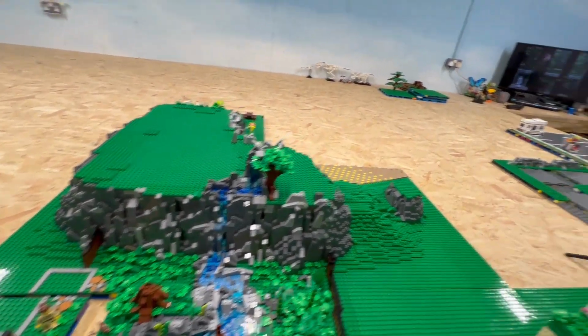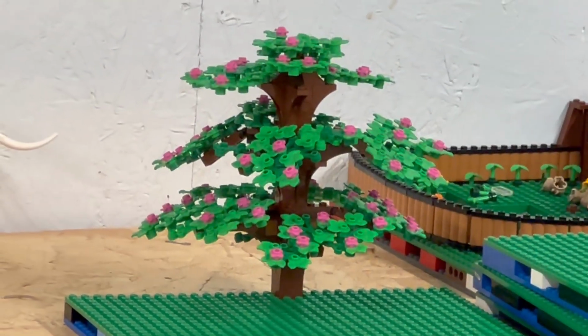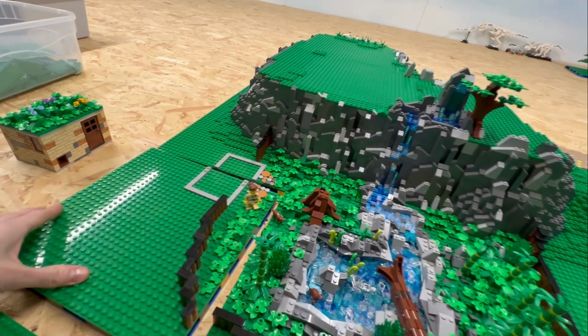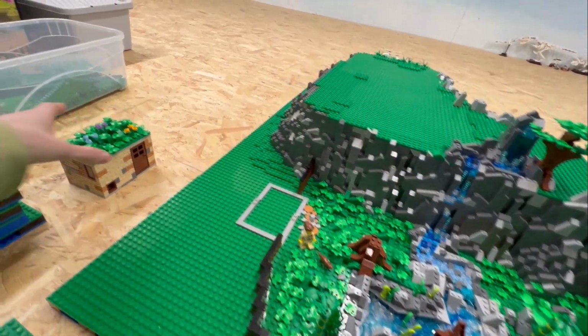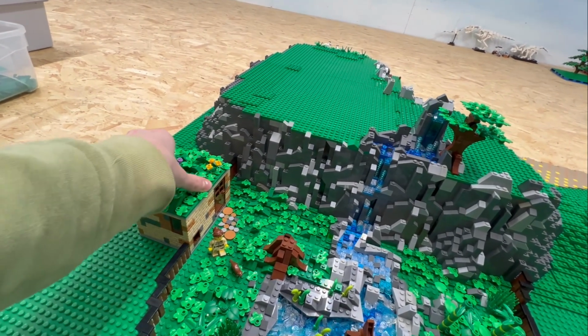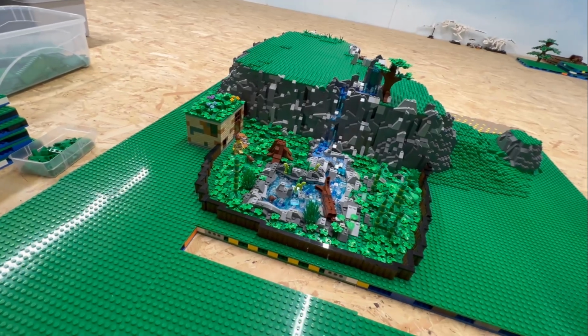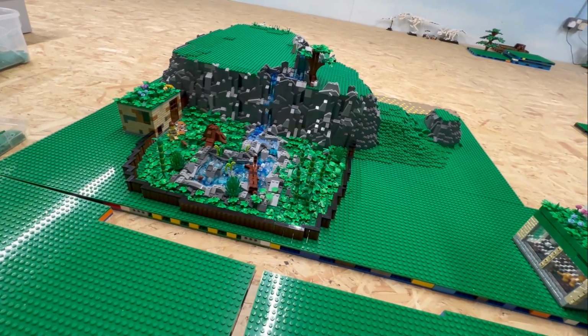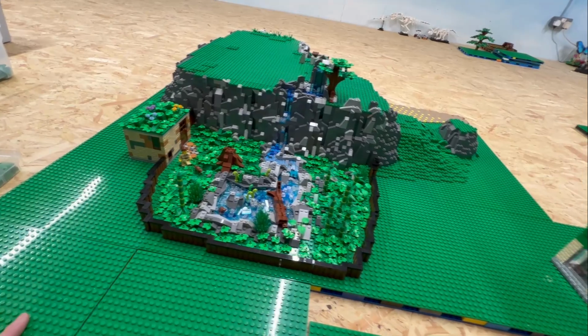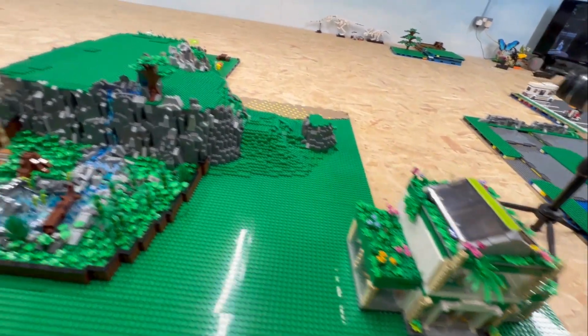The tree still exists. It's over there. I haven't done anything to it. There we go. So I just haven't bothered moving it over because I'm going to be adding to this now anyway. So pop the keeper shed back down there. So there we go. The reason why I brought this over here is because this is the main entrance area of the zoo,